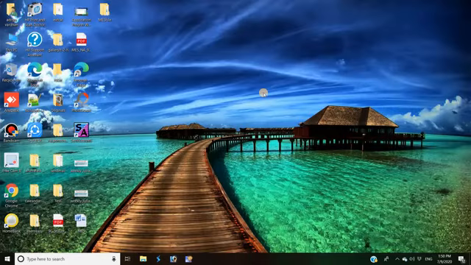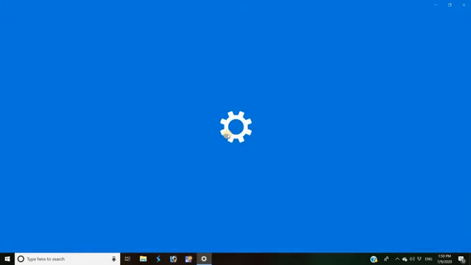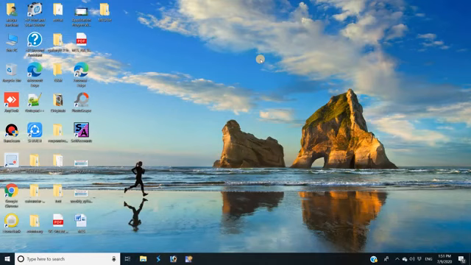Thereafter we have to right click here, again right clicking onto the desktop, and go to personalize. You can also change the background of the screen from here. Now you are looking, the background of the screen has been changed. So this way you can do the different activities in the Windows operating system.